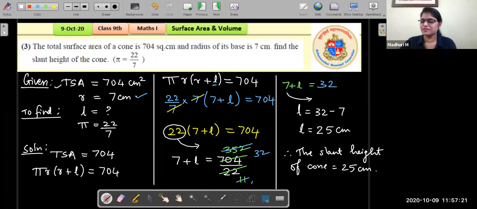Isn't that easy, right? So always start with writing out what is given, what are we asked to find. In case you wish, you can put one more thing over there. You can write the formulas that we are going to use here. The formula was the total surface area formula, and then you can start with the solution. So if you go in a systematic order, you would never go wrong, and you get a clear picture of what is given and what we are supposed to find. So the roadmap should be ready, and that would be really easy to solve them. Let us continue with the next question.